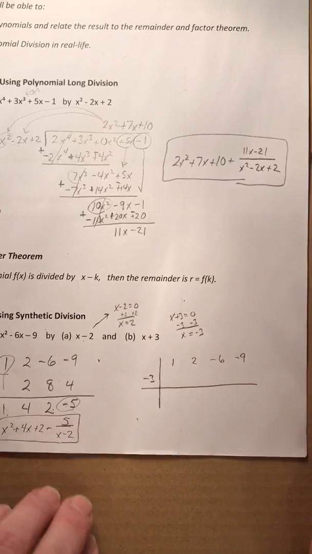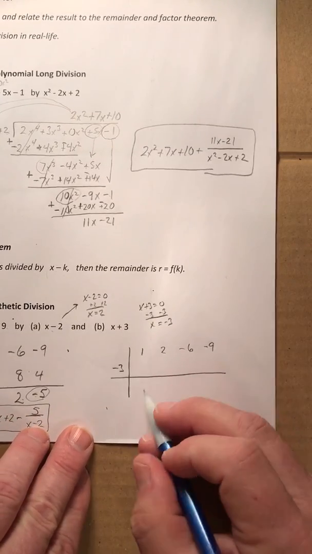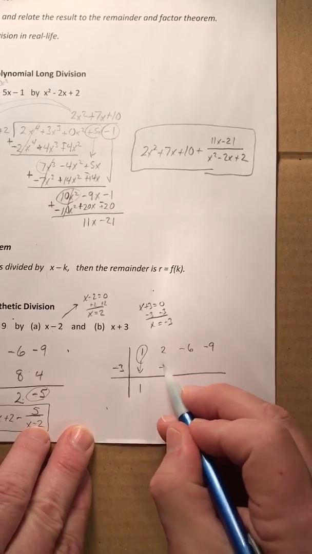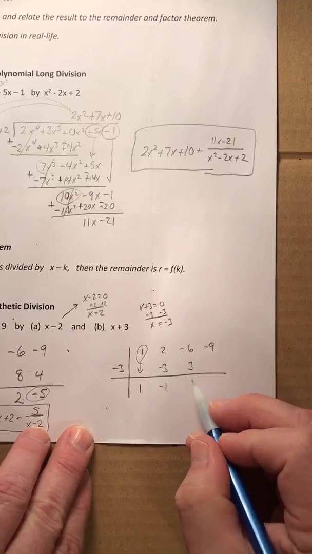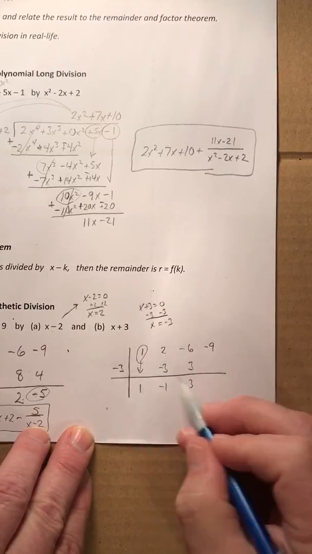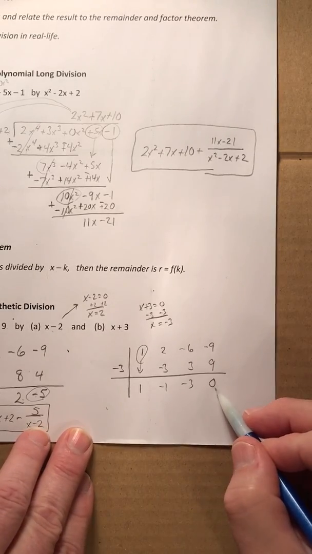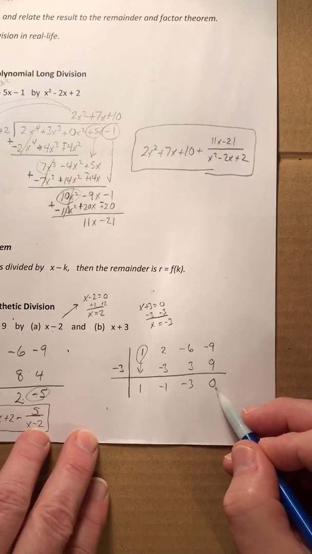And then we do our synthetic division. All right, so we drop our first term down. Multiply, add, multiply, add, and then multiply and add. Now, getting that 0 is important, all right? Getting that 0, we're going to see what it means, but it really